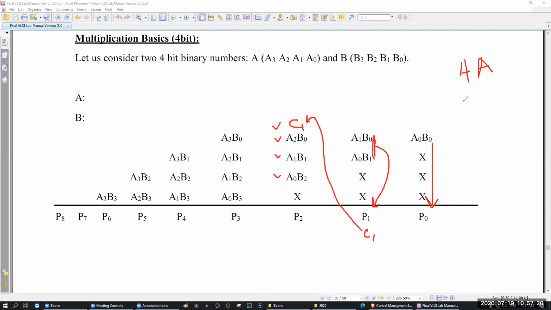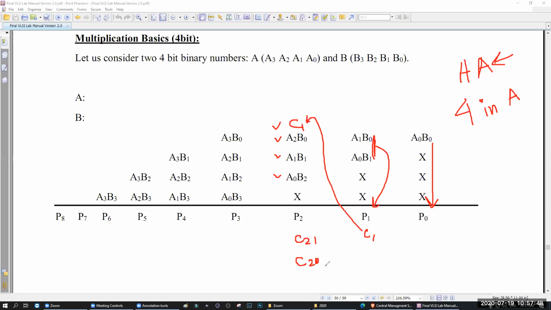Now here you have to add these, and these. So 4, right? You need a 4-input adder, not a 4-bit adder. A 4-bit adder is a different thing. Half adder is a 2-input adder, full adder is a 3-input adder. Now you need a 4-input adder. Here the 4-input adder will have 2 carries, C2,1 and C2,0.